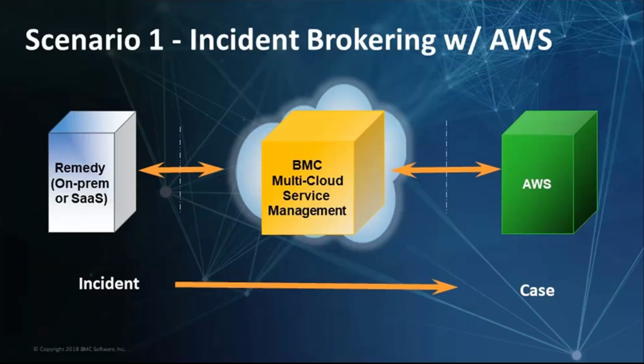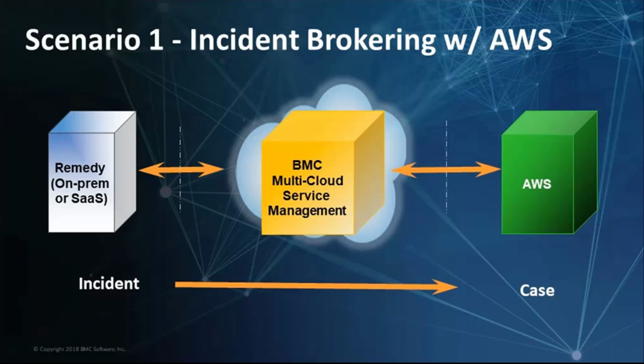Let's go into this one. So I want to broker this incident. Our scenario is I'm running a whole lot of AWS workload. This is running slow. There is an issue. Our user calls in. There's an incident which we review and we see, hey, this is an issue. AWS needs to take a look at it, right? So what I'm going to do is